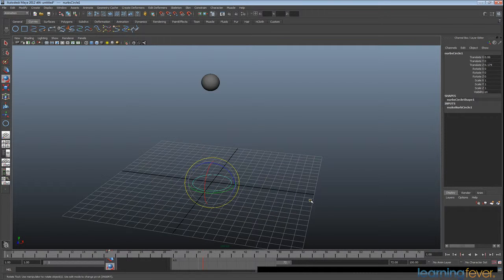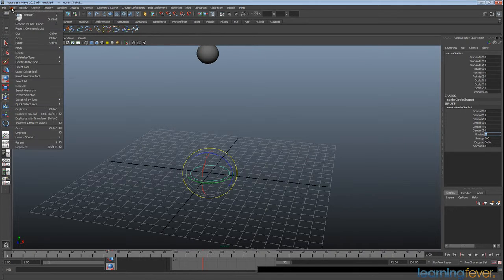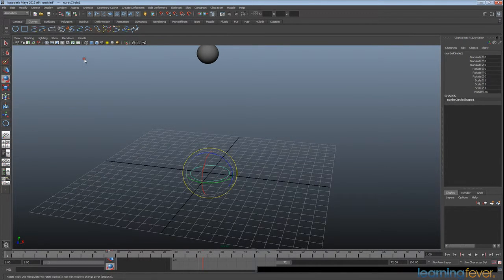Okay, let's go ahead and make this rig. Again, we're going to keep things nice and tidy. We're going to put that at 0. You're going to come down to the inputs and change the radius to 2. And it's got 8 sections. Yeah, that'll do for this tutorial. And so we're going to come along and go edit and delete by type, history,